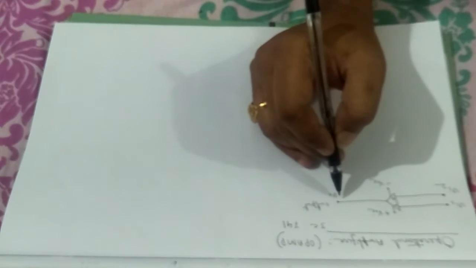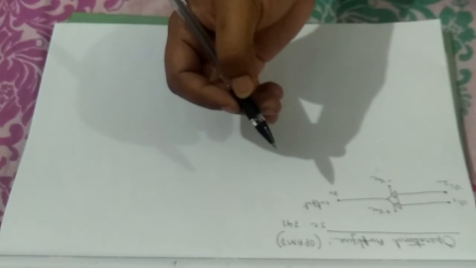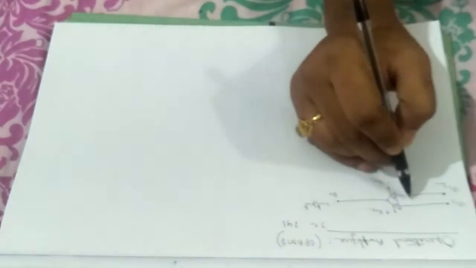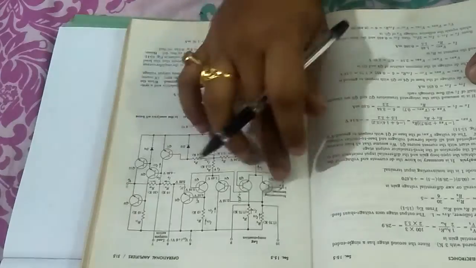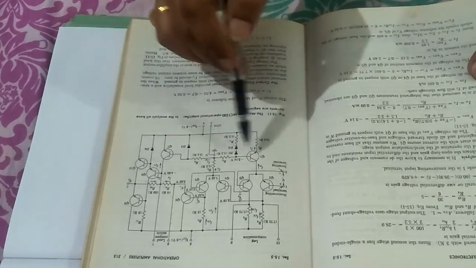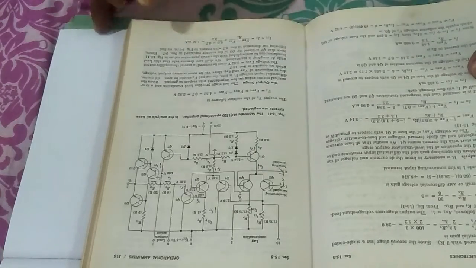Now, how the op-amp may be used as a summing amplifier, a differential amplifier, integrator, differentiator, and so on. You don't have to focus on the mechanism inside the op-amp. This is none of your business, but still, for curiosity, I am showing you how the circuit inside the op-amp actually looks. These are the circuits inside the op-amp, and these are the legs of the IC 741. Look inside this op-amp, how many transistors and resistors are connected in a particular configuration to behave as an IC. IC means integrated circuit.